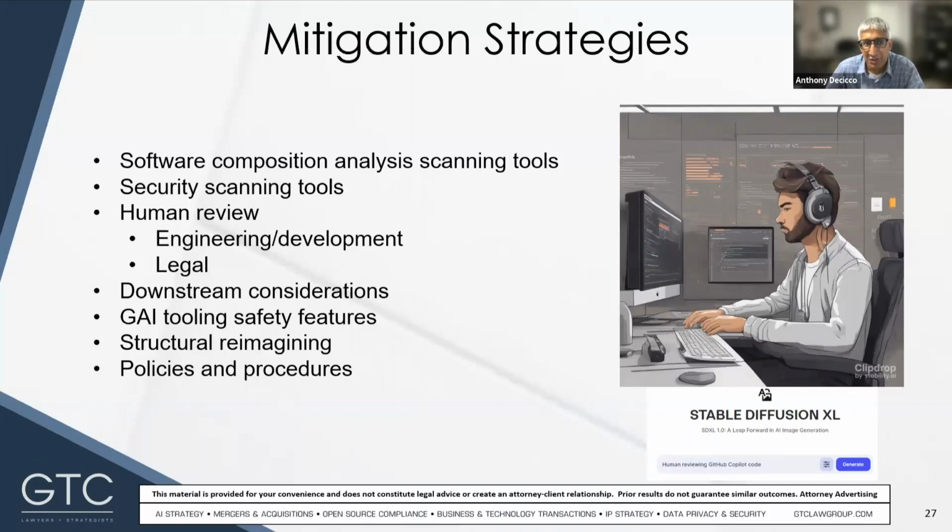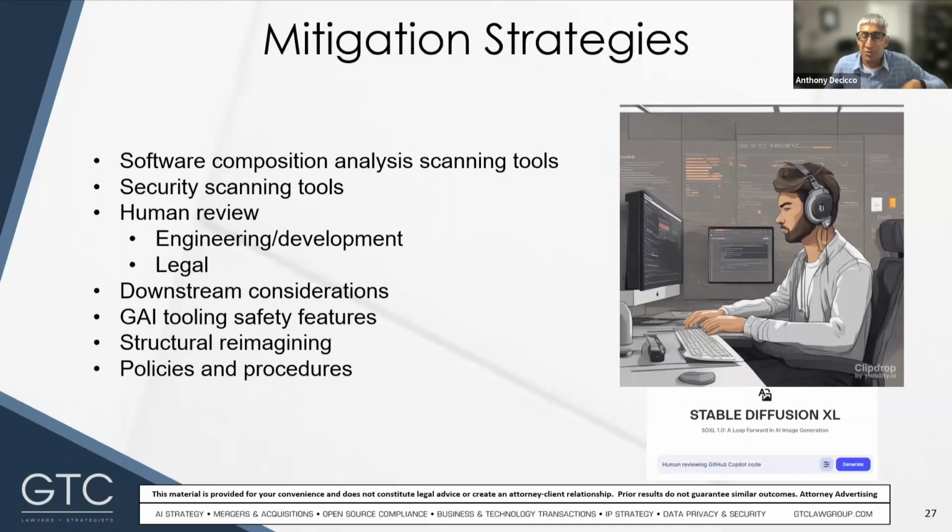The next area is security scanning tools. As with the SCA tools, you should perform security and vulnerability scanning on your code, even if you're not using GAI. There are many tools out there, and you should consider tooling for scanning for vulnerabilities on a snippet level. There are some that do that, not just on a package level. Again, just given the propensity here for code snippets. And you have to set your cadence of scanning, just like we talked about for the SCA tools: whether the generated code should be scanned more frequently, or you're just going to do it at the same rate you scan your human created code. And you need to have a process again for reviewing and acting on the results.